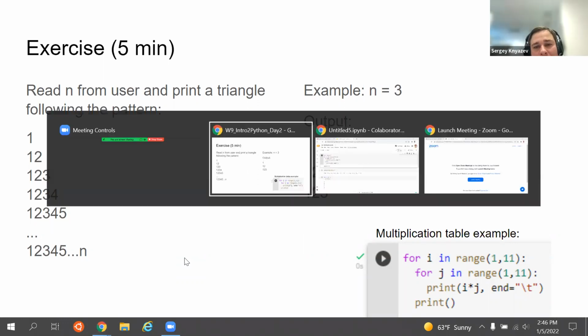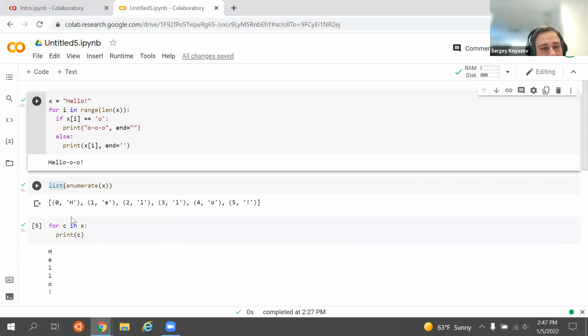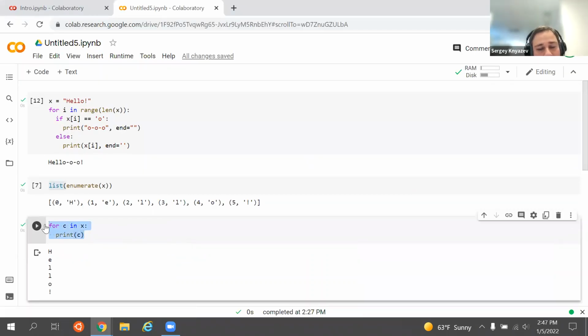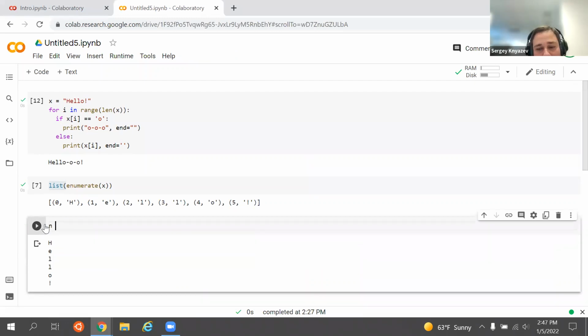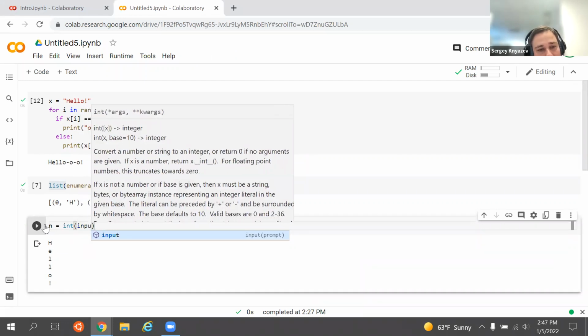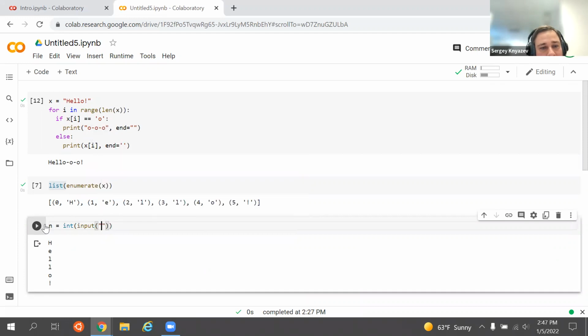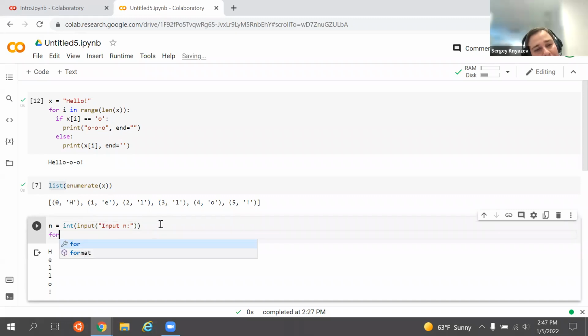Okay, let me try to help you solve this problem. So what we need is user input in integer format. So we need to ask the user to provide us some input. Okay. Then we have a rule that we have to print